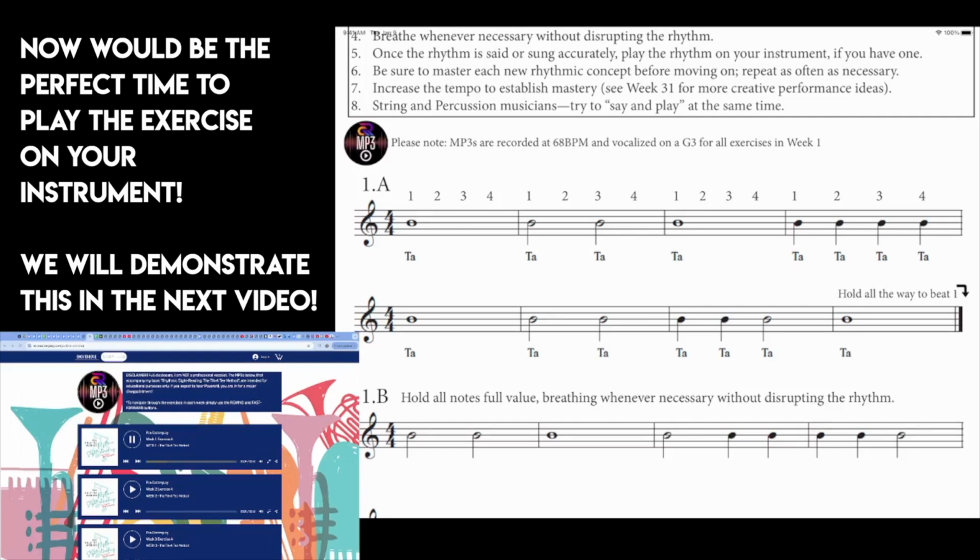1, 2, 3, 4. Ta, ta, ta, ta, ta, ta, ta, ta, ta,